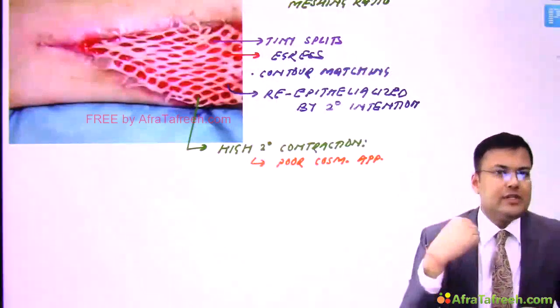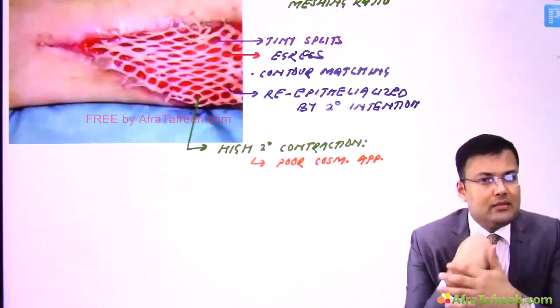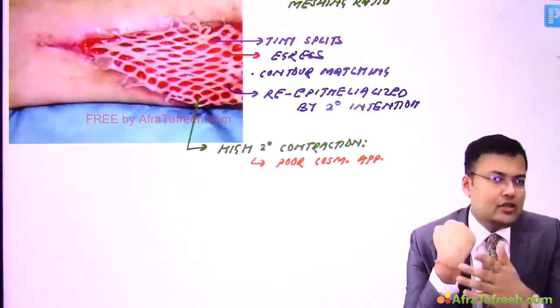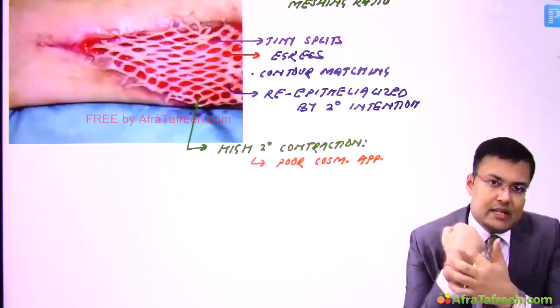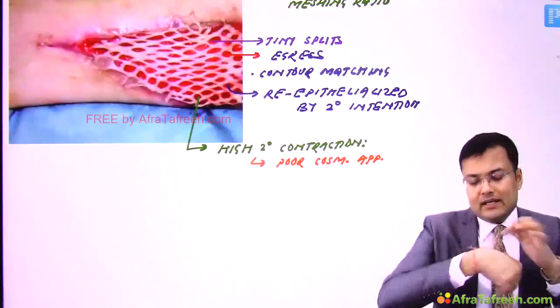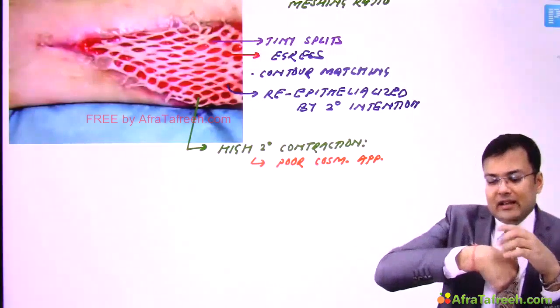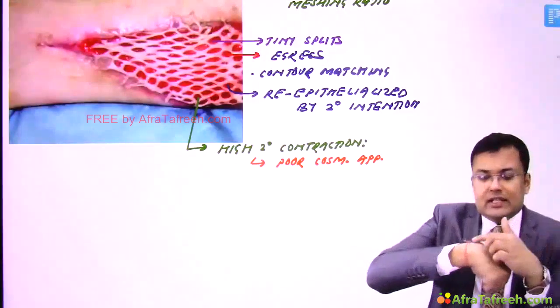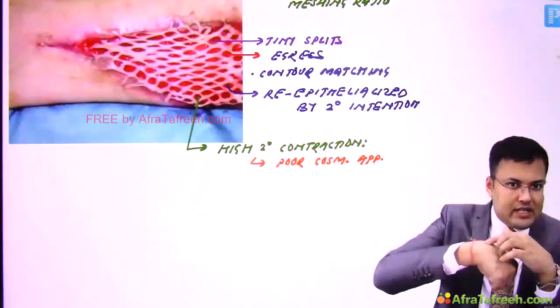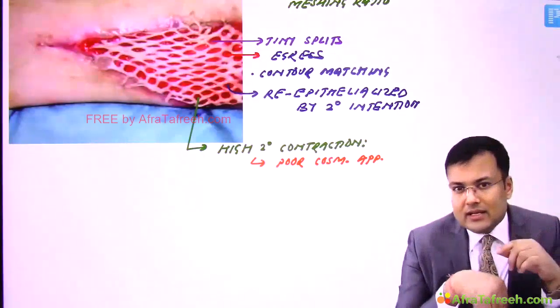Cosmetic appearance. Now imagine a different situation, in which a patient has some kind of musculoskeletal trauma. Because of a road traffic accident, if a patient is having musculoskeletal trauma, and imagine there is loss of overlying skin and the joint is exposed, here you cannot apply the skin graft,